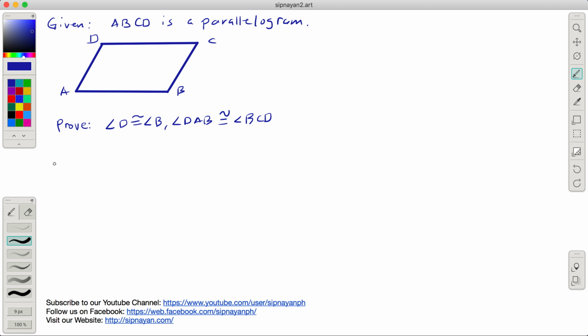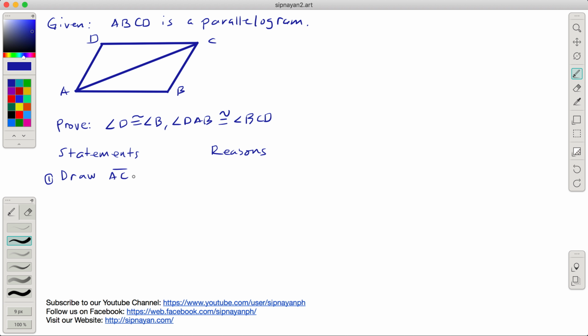Okay, so the first thing that we have to do is to rewrite the statement. We will use a 2-column proof, statements and reasons. So number 1, the first step is to draw diagonal AC. So ano ang reason natin yan? Draw